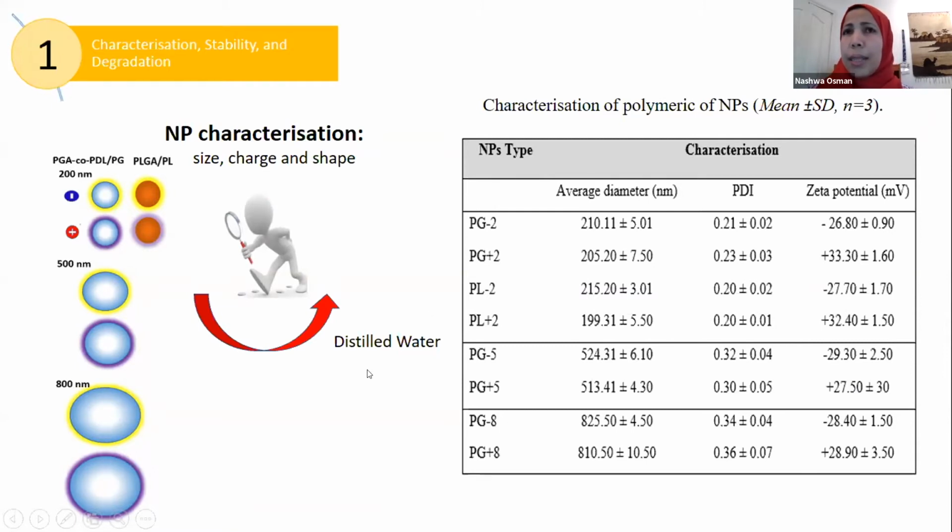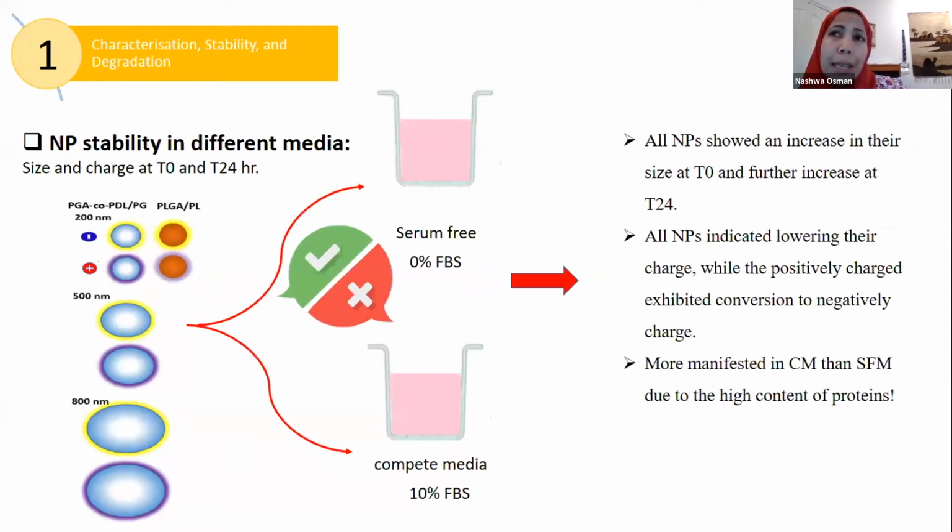When we did the characterization in distilled water, which is commonly used to characterize your nanoparticle, we used zeta sizer methods for the size and charge, then microscopy to see the shape. Then you will see we got nice sizes around 200, then 500 for the 500 groups, then the 800. But there is a huge missing piece of data when it comes to characterizing these nanoparticles in your cell